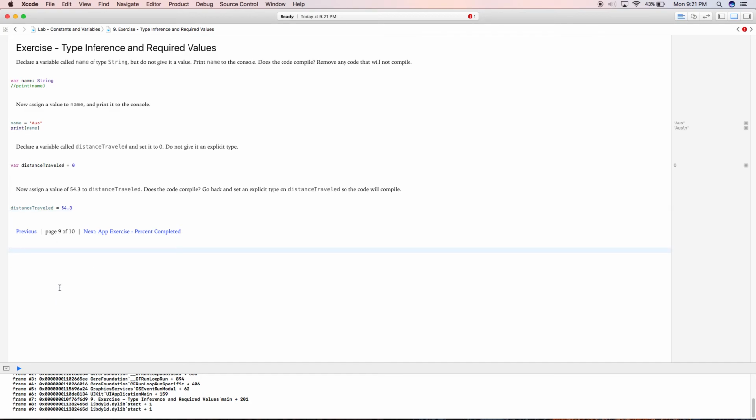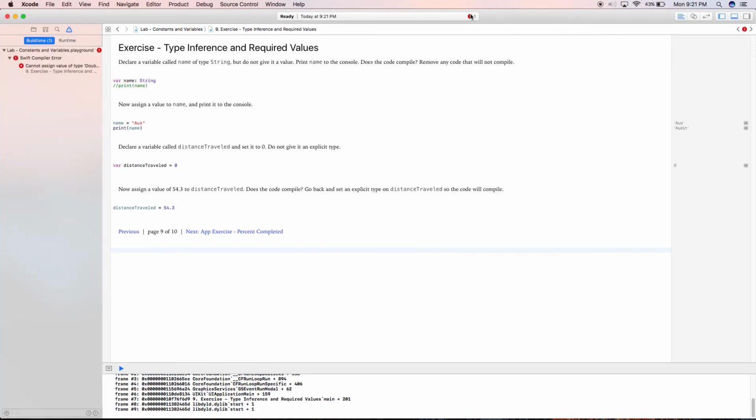The console gives us an error and this gives us an error right here, and it tells us cannot assign value of type Double to type Int,